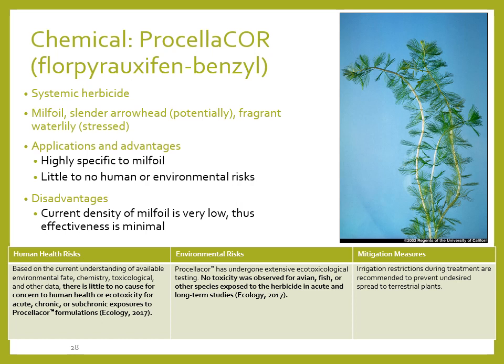The first of 3 potential chemical control options available to Lake Roesiger is florpyrauxifen-benzyl, otherwise known as ProcellaCOR. This is a systemic herbicide, which means the chemical moves or translocates through the plant, killing both the roots and the top part of the plant. Systemic herbicides are generally slower acting than a contact herbicide, but they tend to result in longer control of the target plant. In this particular case, ProcellaCOR is especially